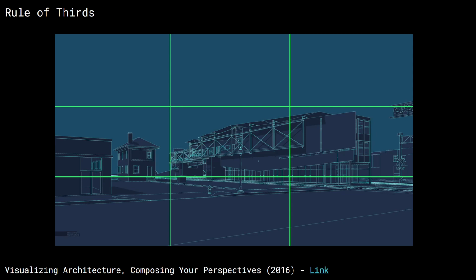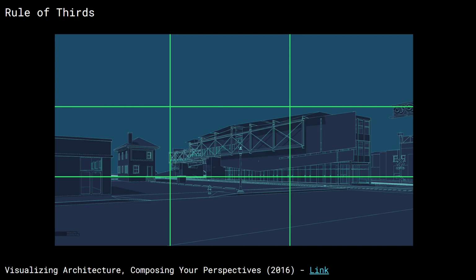And so is anyone familiar with this website, Visualizing Architecture? Okay, it's a really, really good resource. It's so good, in fact, that I took some of their images for this presentation because they just did a great job and it's better than anything I could put together. And I'll share a PDF of this presentation on the box or the arena, and so you can access these links. But they have a lot of really amazing tutorials,